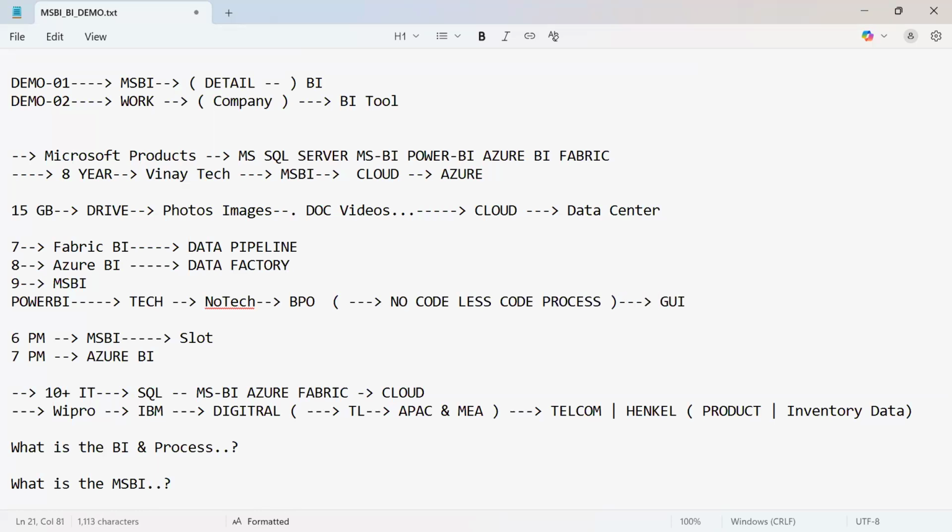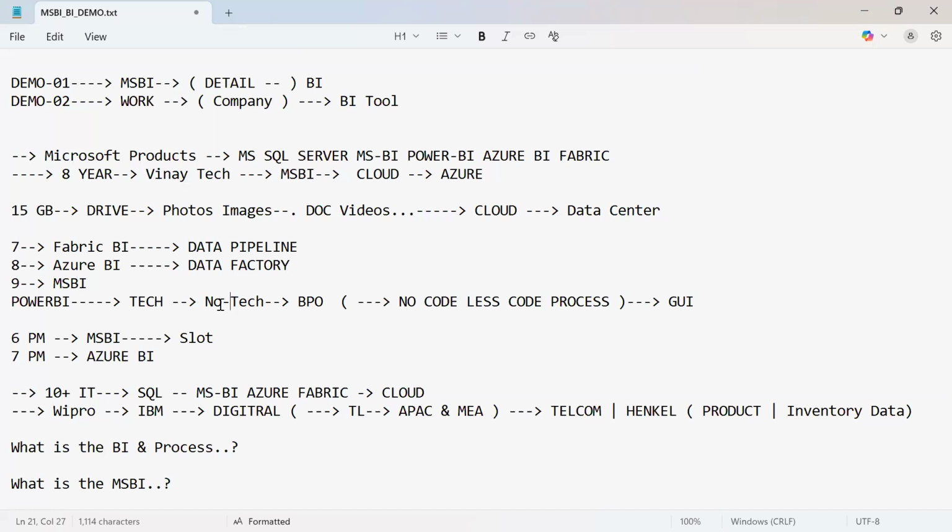You take any product, even SQL Server. Even if you don't know how to write a query, Microsoft will help you write a query automatically through the GUI. That is why Microsoft is right now very popular in the BI market, including your Azure cloud. Even non-technical people can easily start their career in BI technologies.